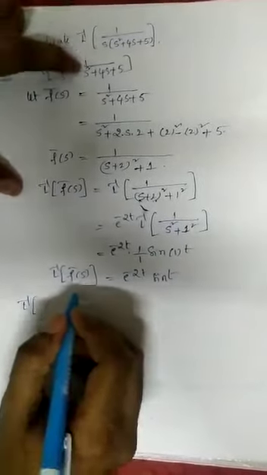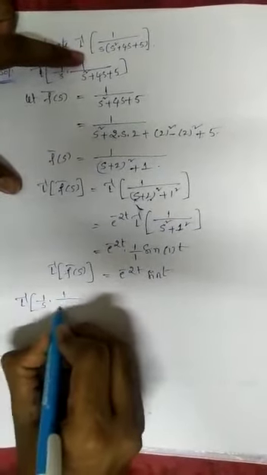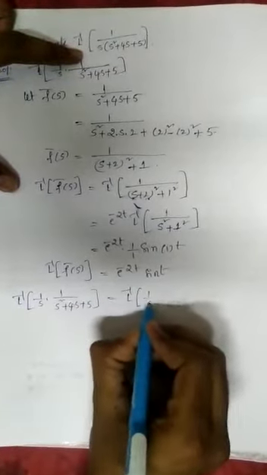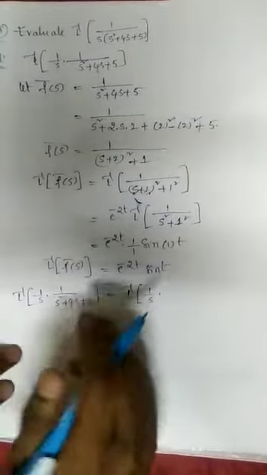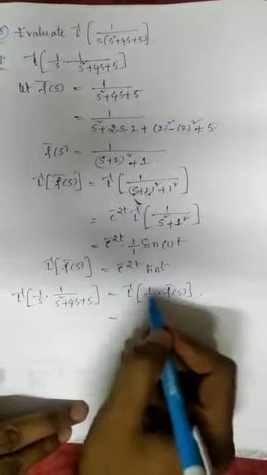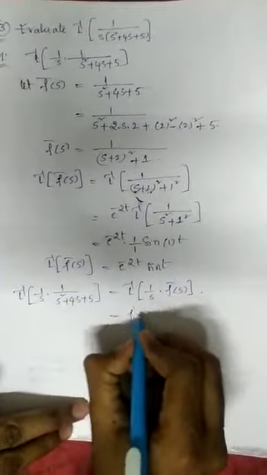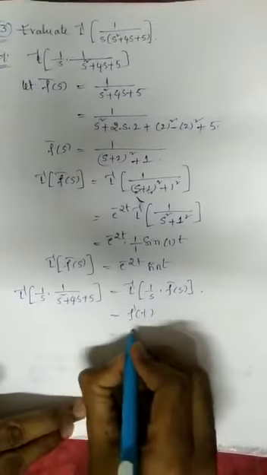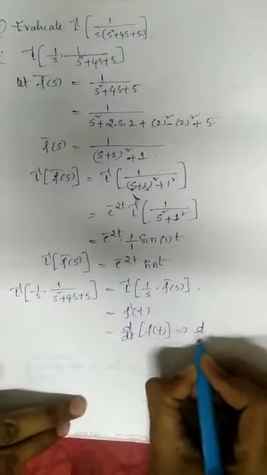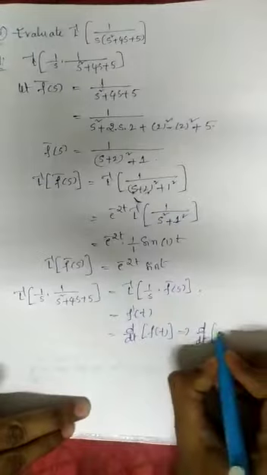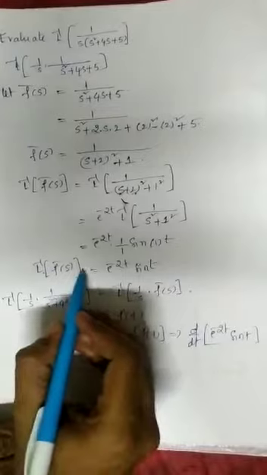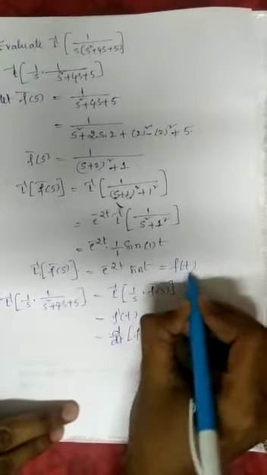we have to calculate this function, 1 by s into 1 by s square plus 4s plus 5. Laplace inverse of 1 by s into this total value, we have considered it as f bar of s. That is nothing but Laplace inverse of 1 by s into f bar of s. So what is Laplace inverse of f bar of s by s value? It is the integral of f of t, that is, integral from 0 to t of f of u du. What is f of t value? E power of minus 2t into sin t, because we consider Laplace inverse of f bar of s value as f of t.